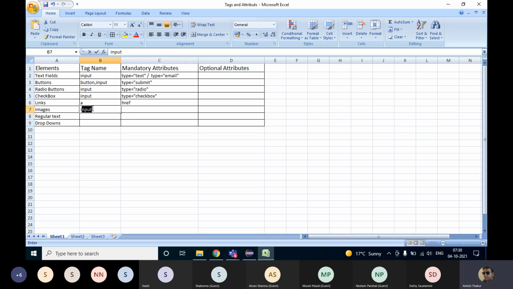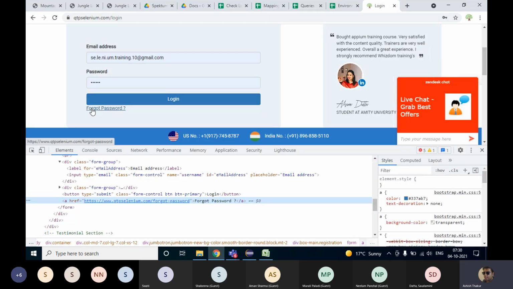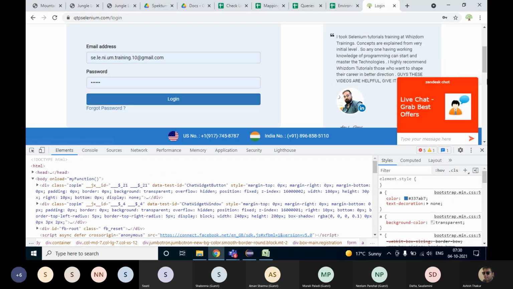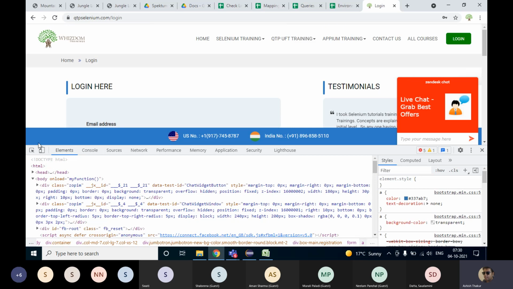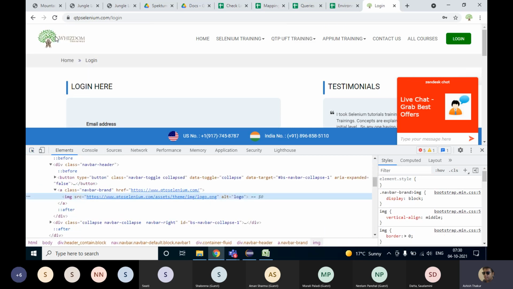If you talk about an image, the tag name is always img. Okay, look at this Wisdom Trainings logo image. This img will always be there, and there will always be a source attribute, src, which will have the URL from which the image is actually loading onto this website.